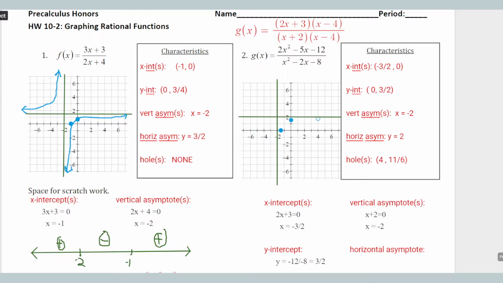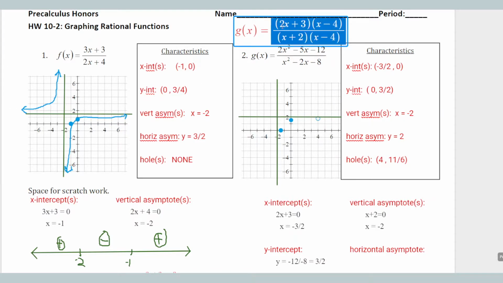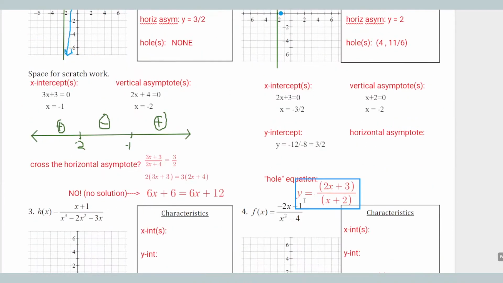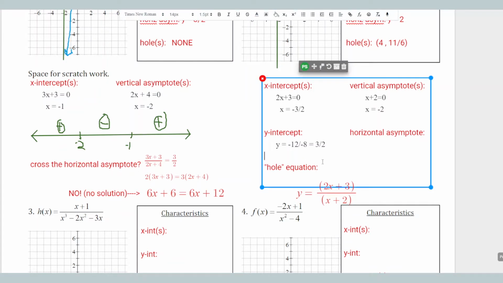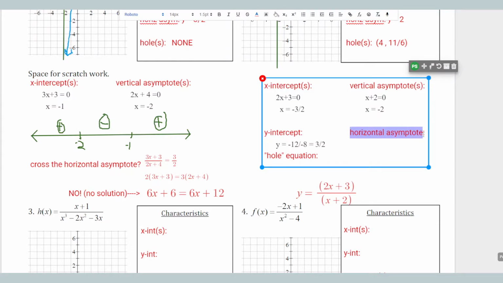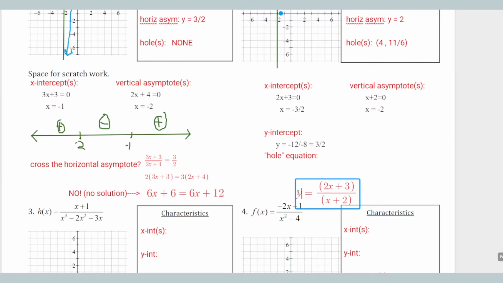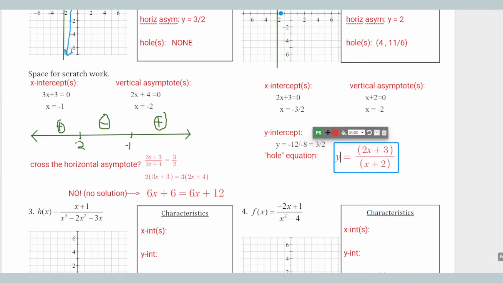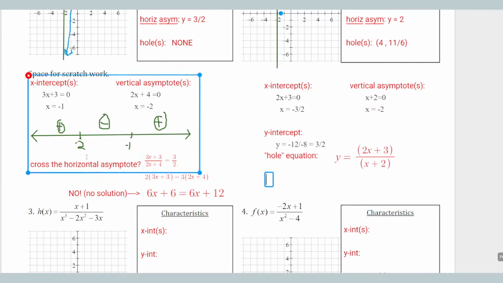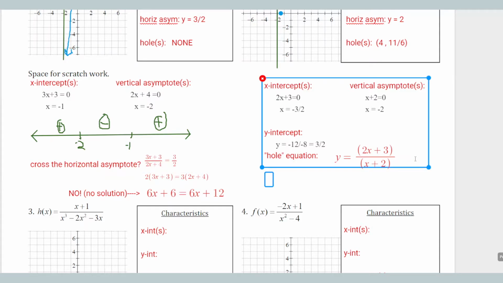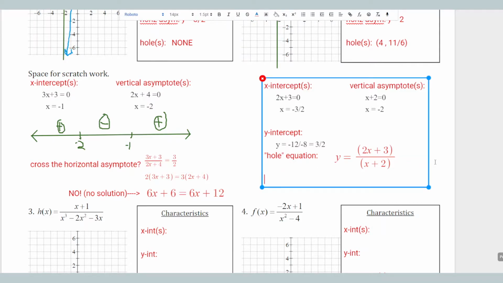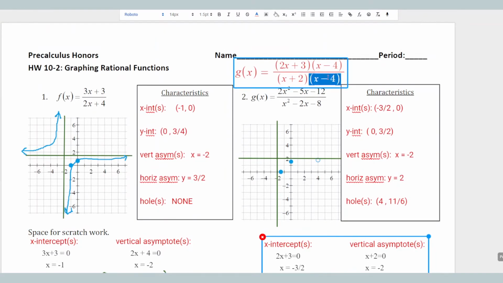Okay, so I want to know, is this equation right here ever equal to 2? Let's give myself a little bit more space to work with here. The horizontal asymptote, really no work to be done there. Okay, so do we cross the horizontal asymptote? Let's find out. We're going to set this equation